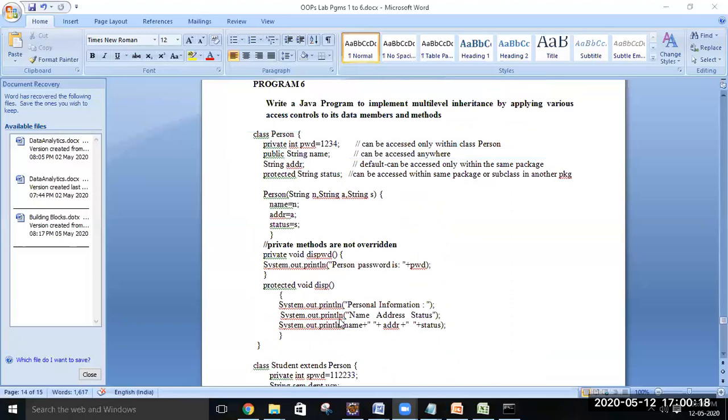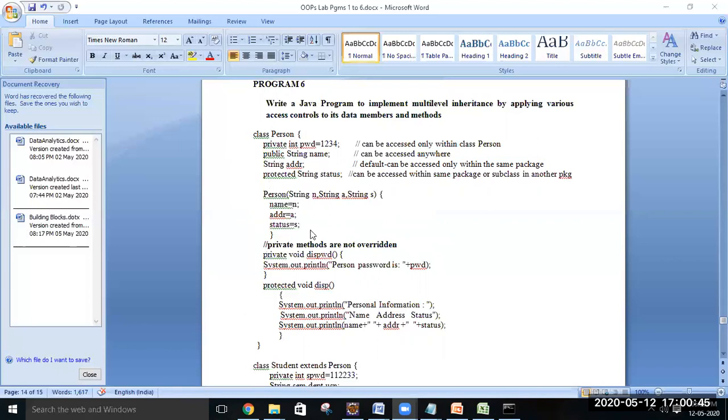Now we are going to check what we mean by access controls to data members and methods. Basically we have four different access controls. The first is private, the second is public, the third is default, and the fourth is protected. If data members or methods are declared as private, they can be accessed only within the same class.